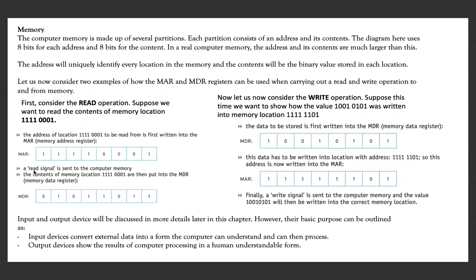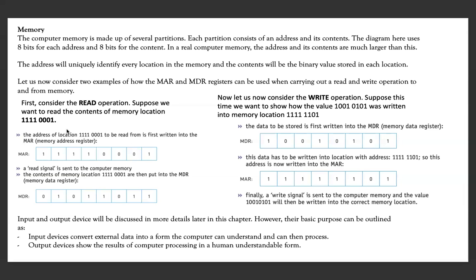Similarly, the next thing after that is the data. The contents of the memory location are then put into the MDR. Since the read signal causes this memory location to be accessed, the data will be fetched from this location, and whatever the contents of this location are will be brought into the MDR. Assuming that these are the contents of this location, this is the data that ends up in the MDR: 0101101. So this is how the read operation takes place.